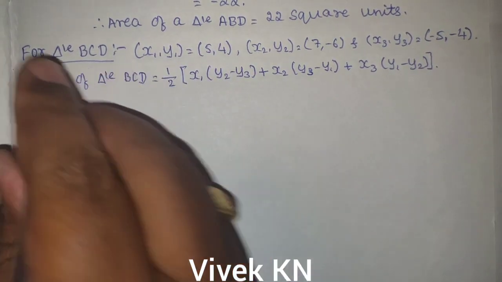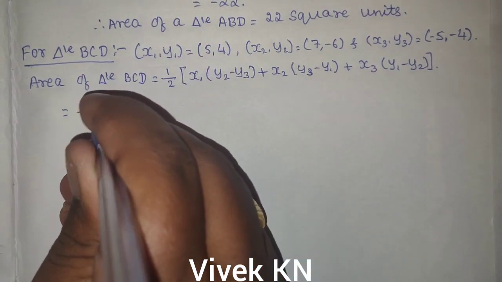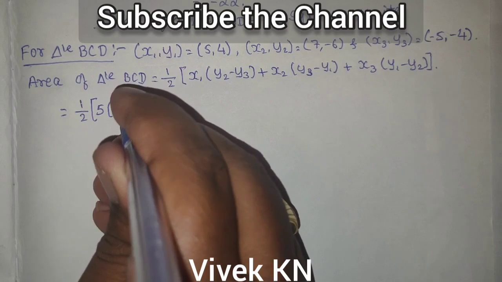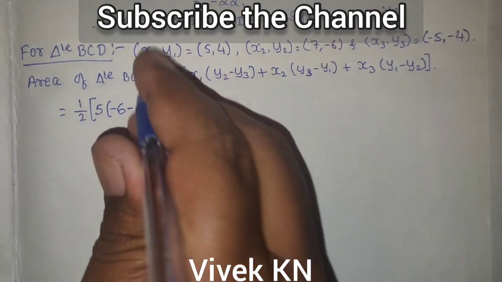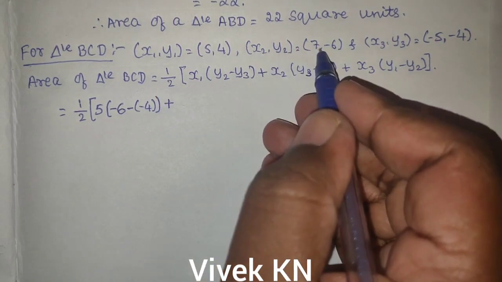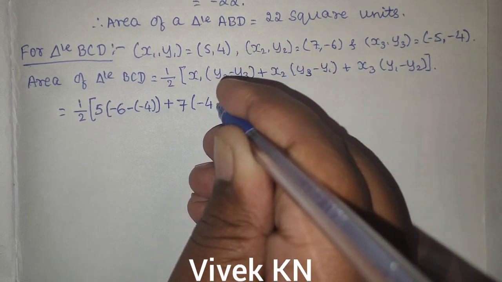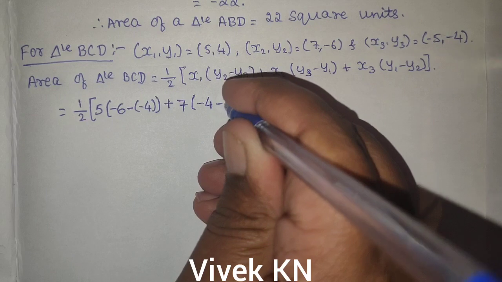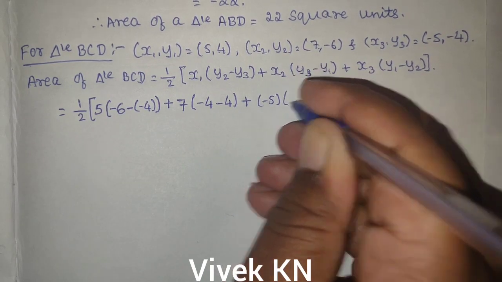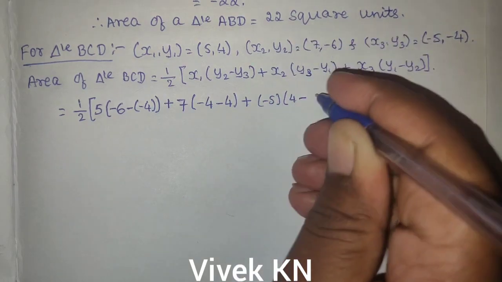Okay, so area of triangle BCD is equal to 1 by 2 into the value of x1 is 5 into the value of y2 is minus 6 minus the value of y3 is minus 4 plus x2, the value of x2 is 7 into the value of y3 is minus 4 minus the value of y1 is 4 plus the value of x3 is minus 5, the value of y1 is 4 minus the value of y2 is minus 6,